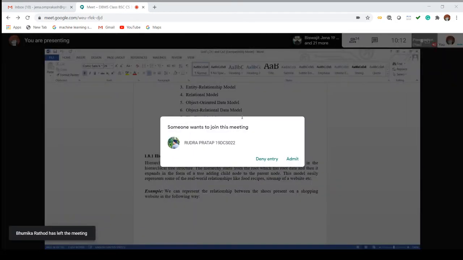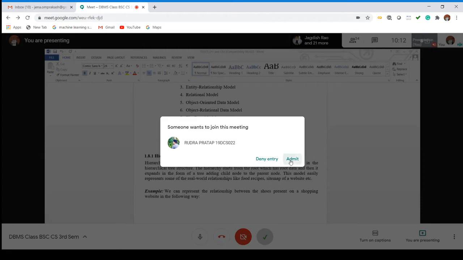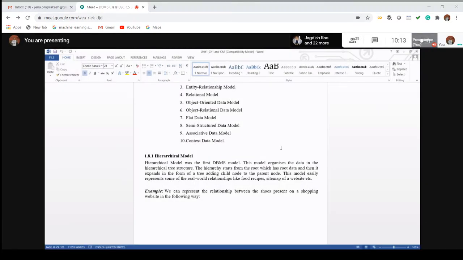The tree starts from the root node. Then there will be a different number of levels according to the number of branches. So we start from the root, then expand the tree by adding child nodes to its parent. This is a simple model, just in the form of a hierarchy.